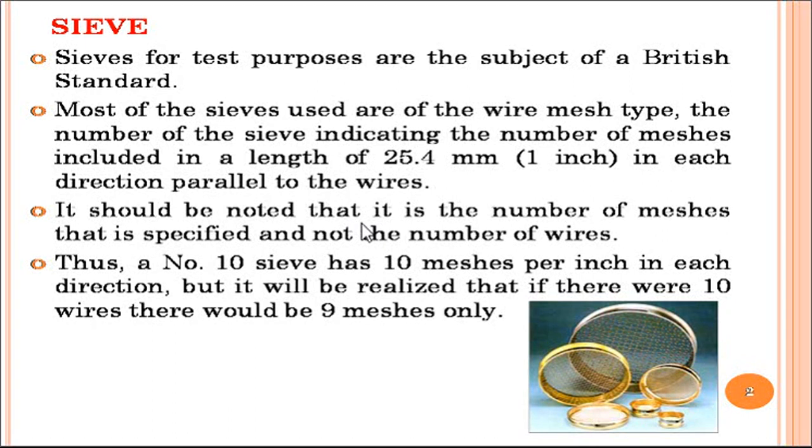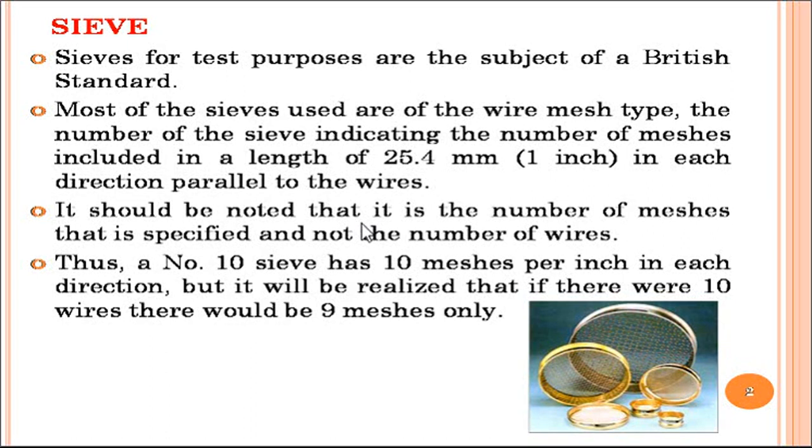When we talk about the sieve, the standard methods, standard construction and working of the particular sieve which is used in pharmaceutical processing are laid down in the British Pharmacopoeia. In fact, they are there in the Indian Pharmacopoeia as well. The sieves used for pharmaceutical grade are obviously different from the domestic sieves we use at home. When we define the sieve, it should be of a specific aperture size, specific mesh size.